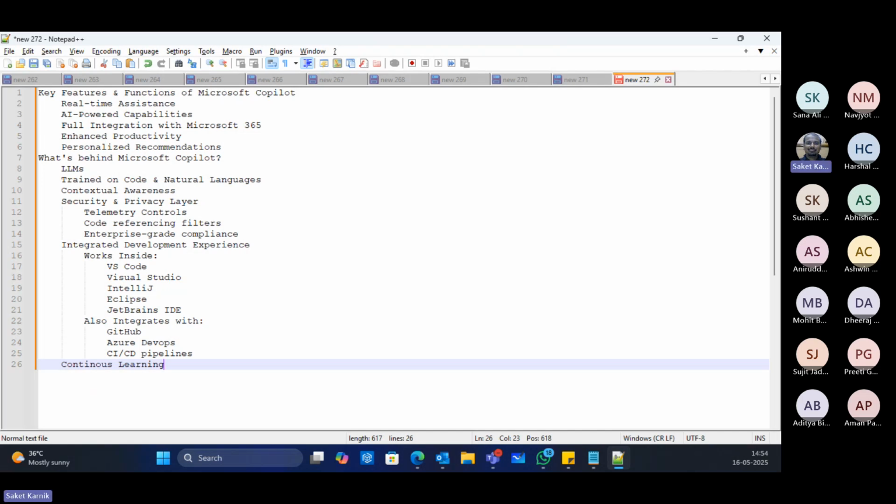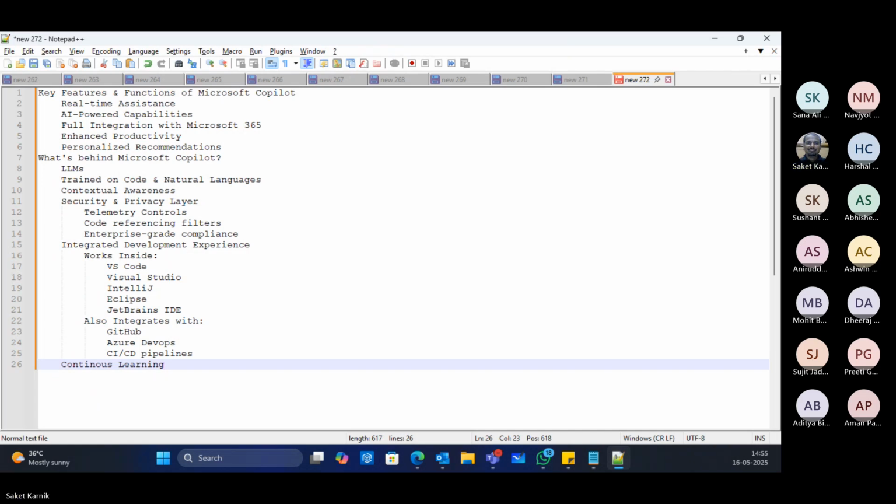It will learn, but the scope of that learning will be local only, specific to your machine. Whatever learnings it takes from your code, it saves on your machine only, so that when you write a similar kind of code again within the same IDE, same editor, it can suggest code based on the past learning.